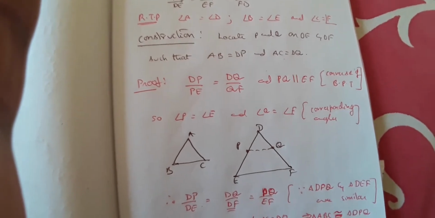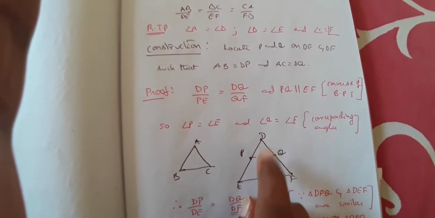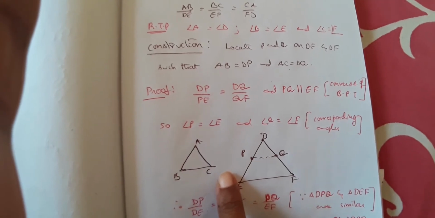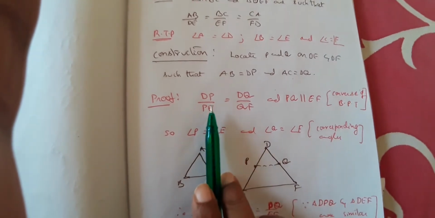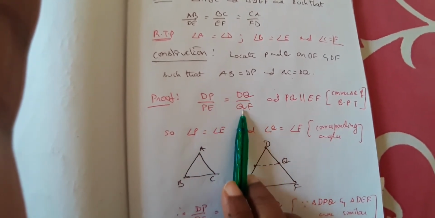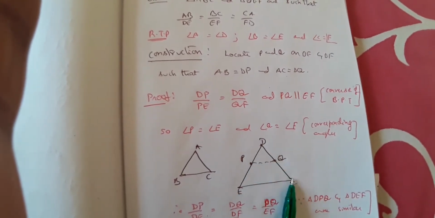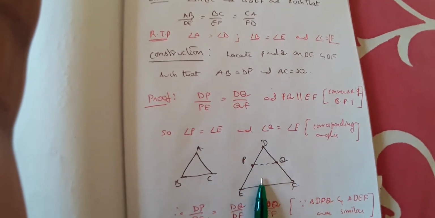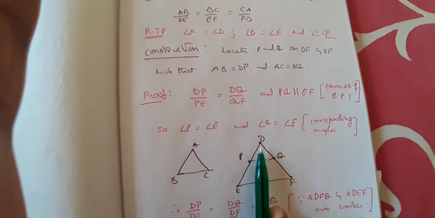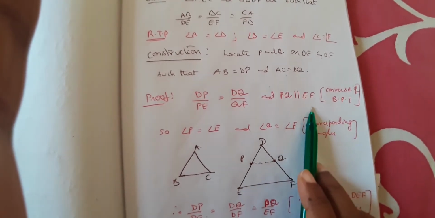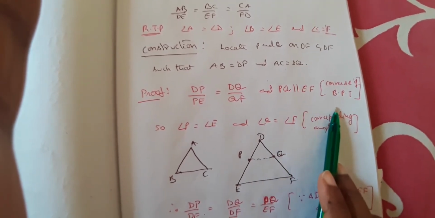Okay, children, did you get the difference? In the previous case we have shown in the diagram that angle A is equal to angle A. But here we should not. Why? Because we have to prove that. So what is given? Now DP by PE is equal to DQ by QF, and PQ is parallel to EF automatically. So when DP by PE is equal to DQ by QF, automatically they are parallel. So that is the converse of BPT. If you draw any line which divides these two sides in equal ratios, then automatically that line should be parallel to the base. Right, so converse of the basic proportionality theorem.